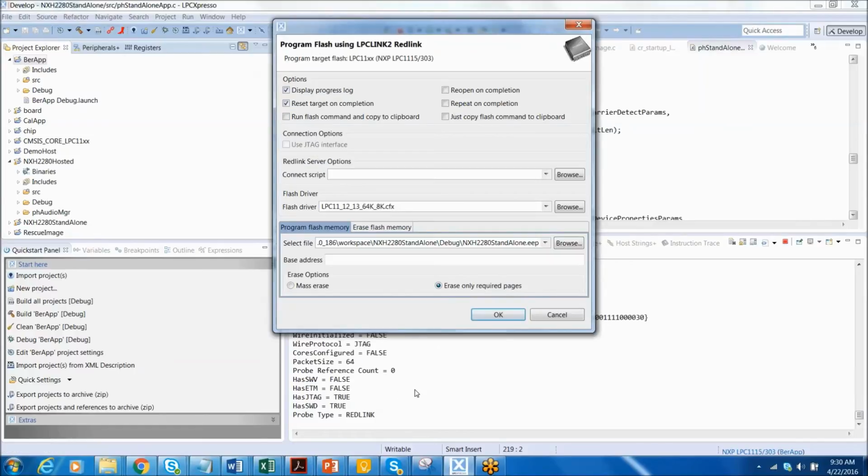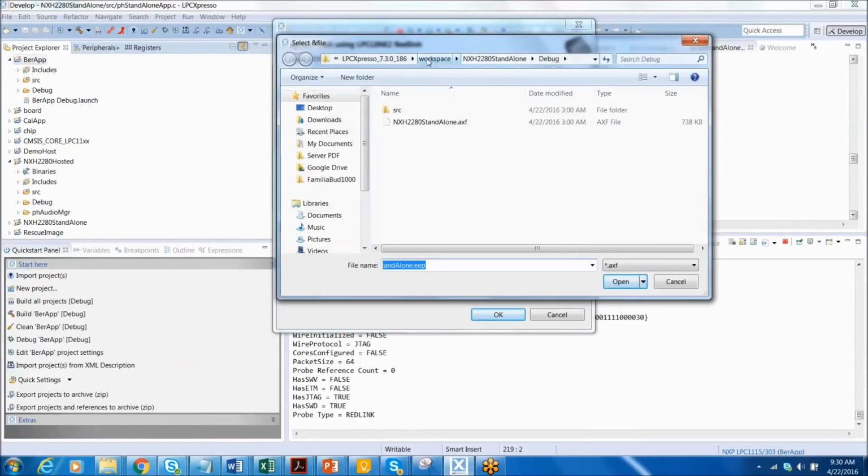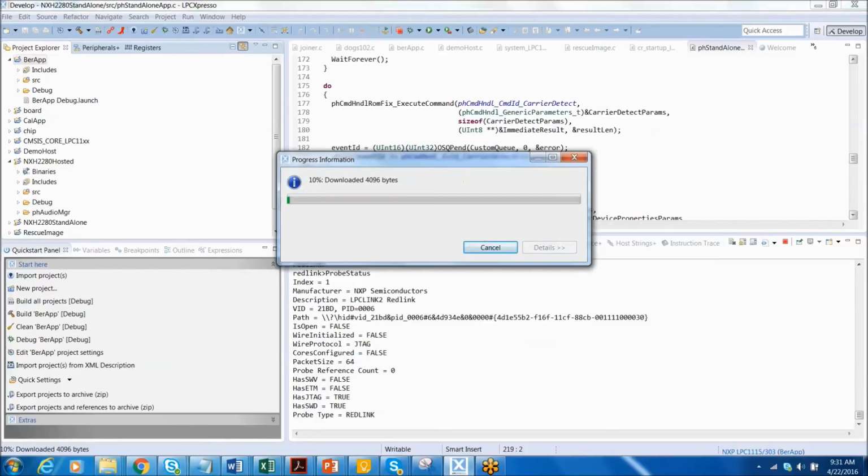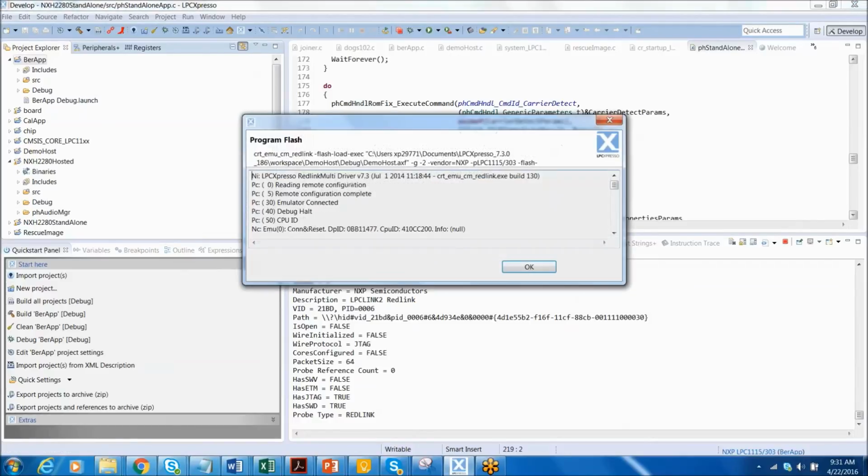So I go ahead and I have my probe has made a connection. I do want to stay with the LPC at the moment because I'm going to go ahead and do my demo host software debug and demo host. So I will open that up. Okay, to reflash. Flash is done successfully. What I have to do now is continue with the flash programming, again shown in a separate video,